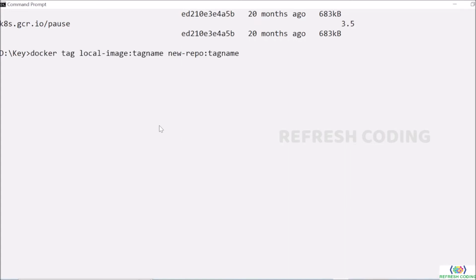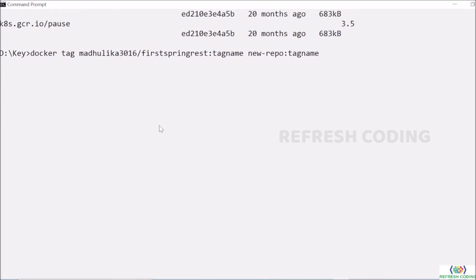So docker tag, what is our local image? Make sure you use your username here also, because we have created the image also with the username. So I will say my username / first Spring REST.